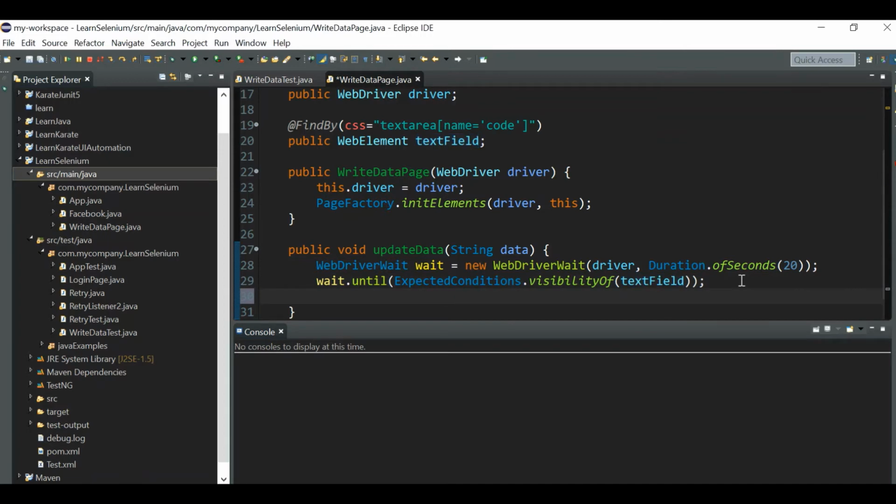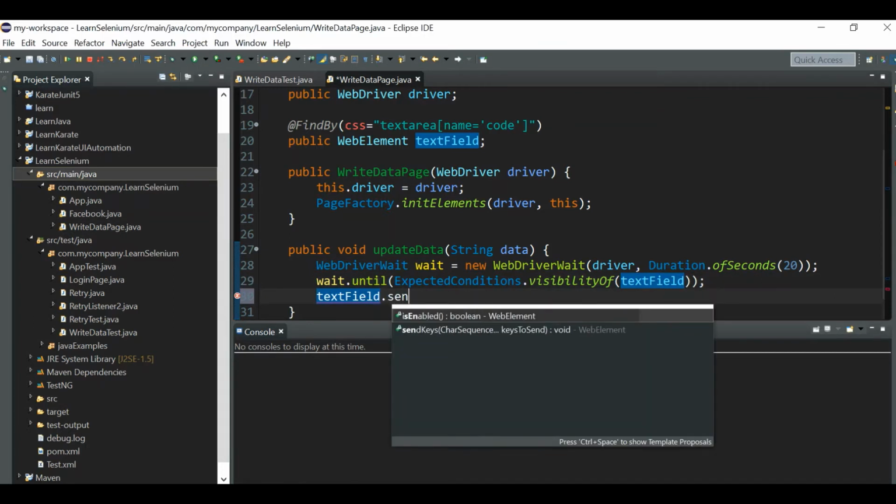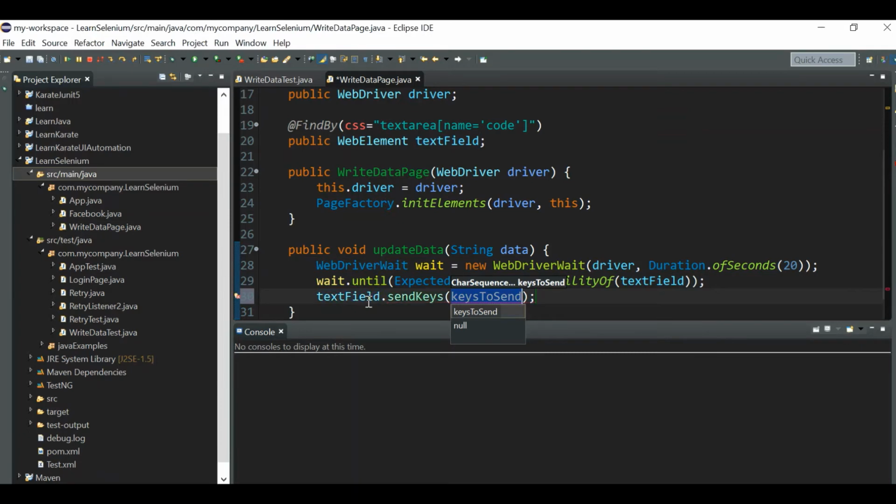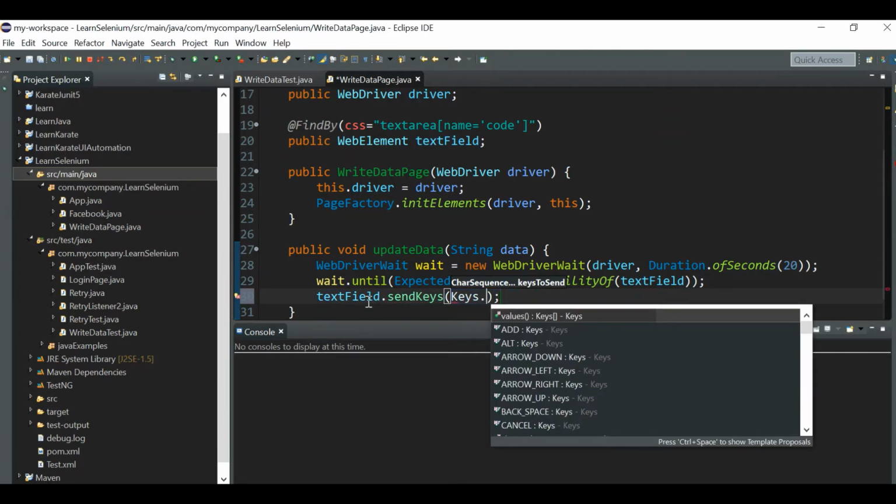We know that by using some keyboard keys, we can clear the data from a text box. How can we clear it? You can use Control A and then a backspace so that it will clear the data, right? So how can we send a keyboard key? textBox.sendKeys, which is Keys dot.